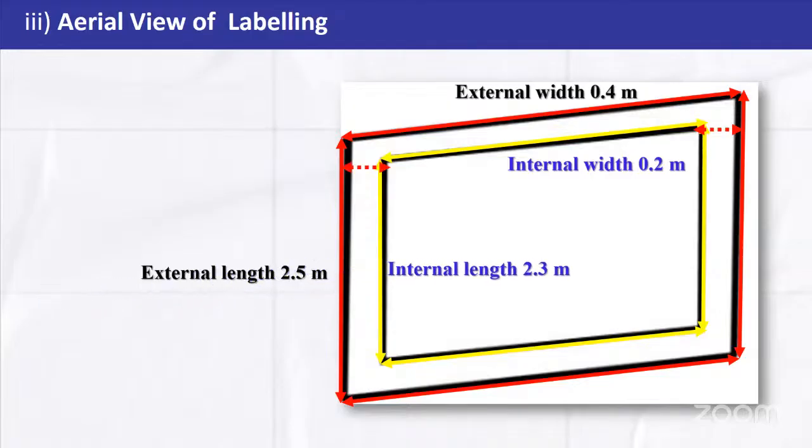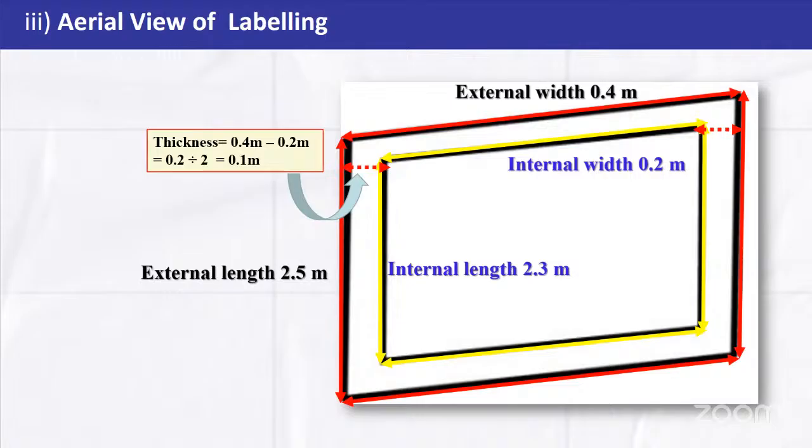And so in terms of the thickness, we're looking at what's that difference in space between the internal measurement and the external measurement. All right, so to find the thickness, it is of course going to be the difference between the length of the external and the internal width, as well as the external and internal length. And so when we find that difference,